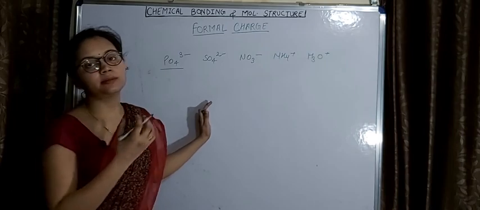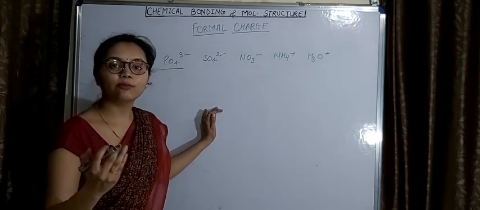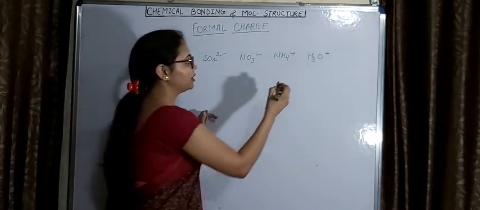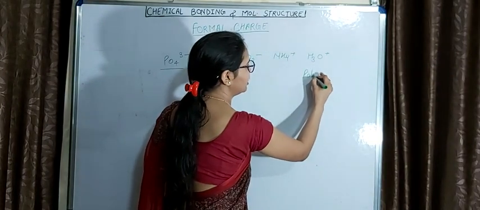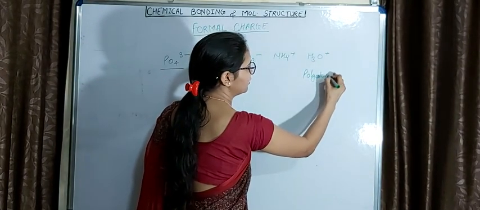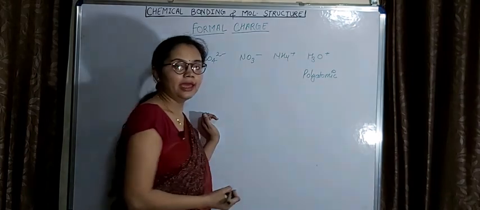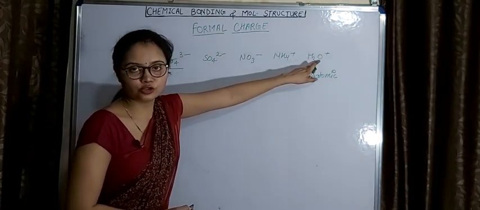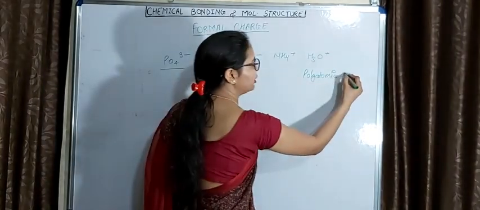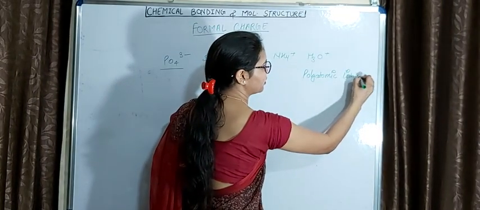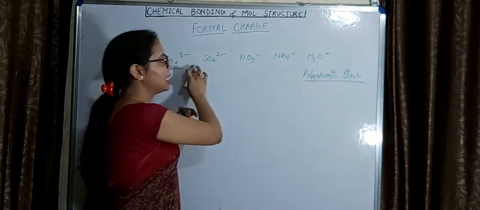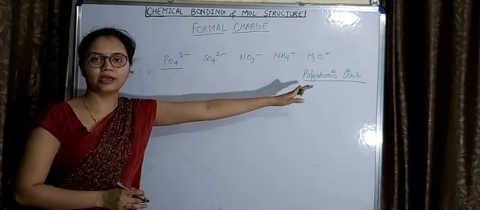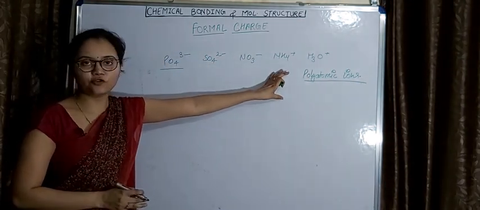So as they possess more than one type of atoms, that's why they are named as polyatomic, okay? And as you can see here that they are carrying specific charges also, okay? So that's why polyatomic ions. So actually these are the examples of polyatomic ions, okay? This is a category of ions.